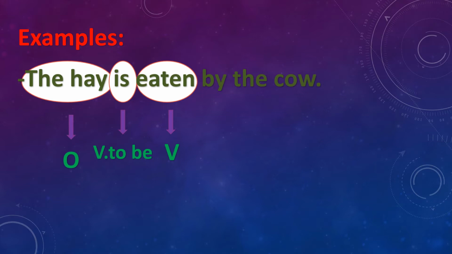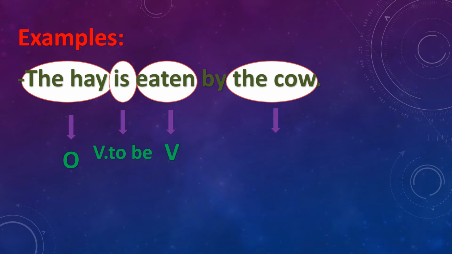So till now we have O, V, V, and the cow here is S. It's the doer of the action. The cow here ate the hay, but I didn't start with the cow. I started with the hay. I started with the object, and the subject comes at the end of the sentence. So we have